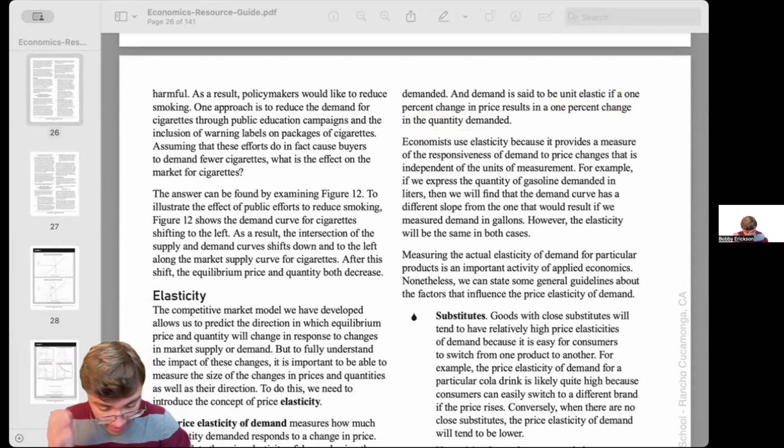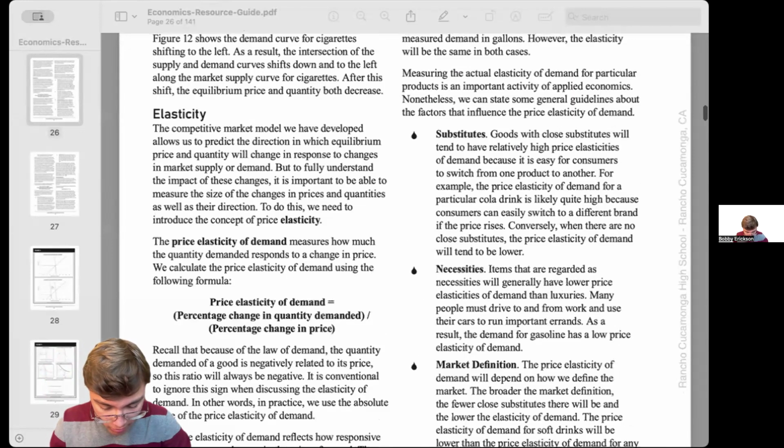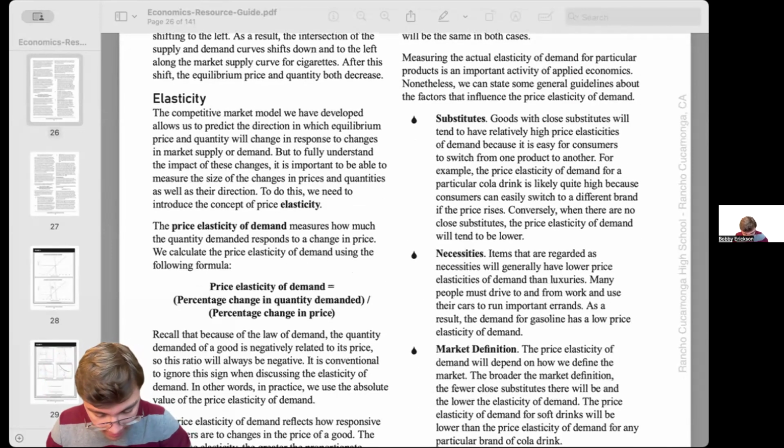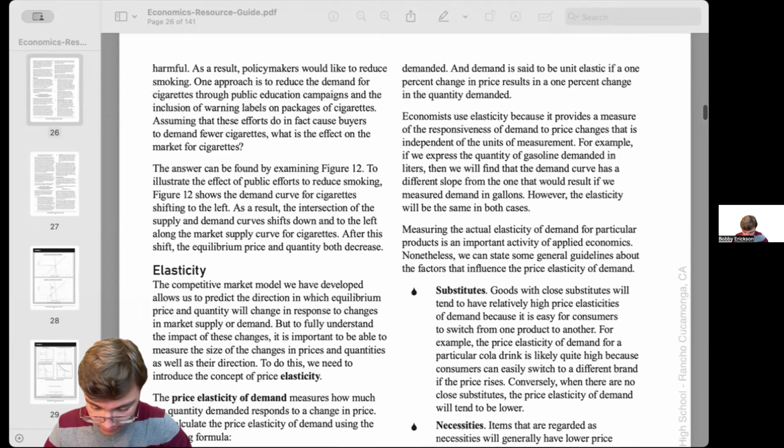And something to note is that it's in percentages. So when doing math problems in these, we need to keep in mind that this is a percentage. You can't just say, oh, the quantity demanded changed by 5 gallons of gasoline and there was a change of $1 in price. That doesn't work because it's not a percentage change. You need to take into consideration how much is being changed relative to the others.